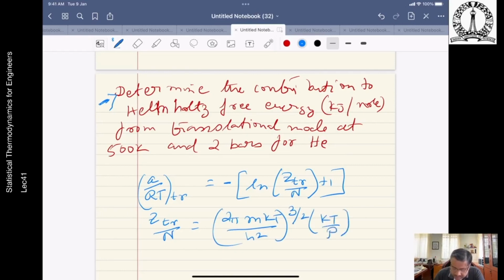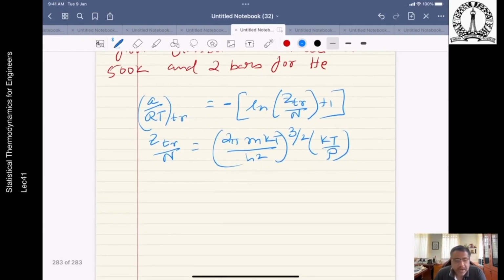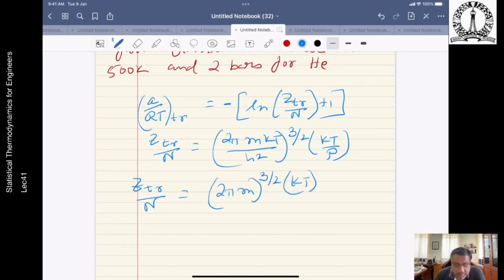Now ZTR by N is equal to (2 pi m)^(3/2) (kT)^(5/2) divided by h cube into P. If you now substitute the numbers,